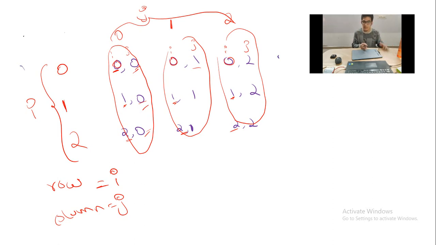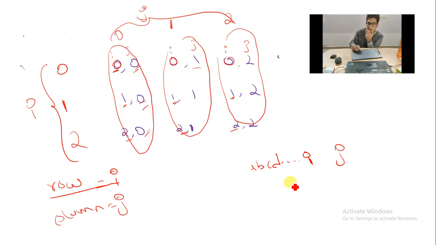After telling this much also you will forget, because of human tendency. That's why to remember this, I will tell one small trick. This is a silly trick, but that's the only trick there is. So how to remember that row means I? Alphabetically, if I write A, B, C, D, E, F, G, H, I, after I comes J, right? So don't think J comes first. I is a smaller alphabet, J is a bigger alphabet because it comes later.